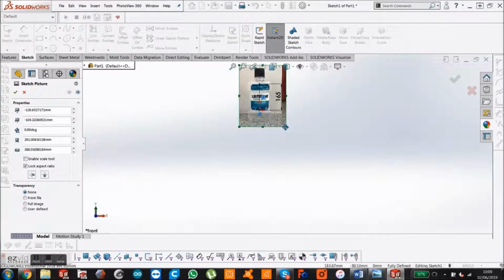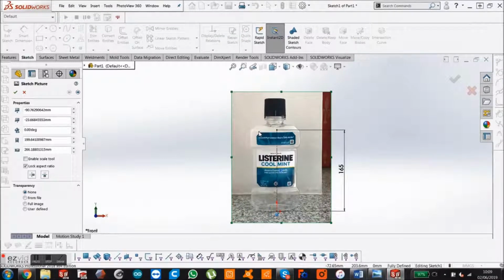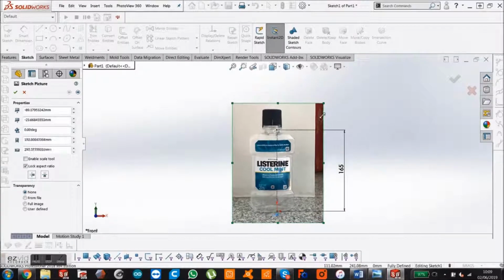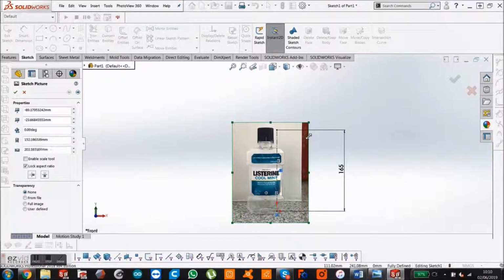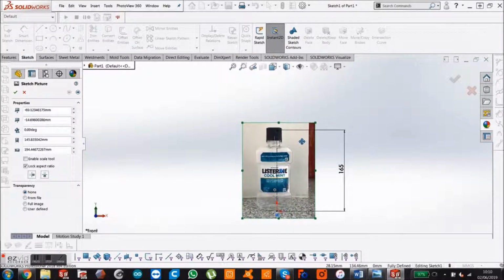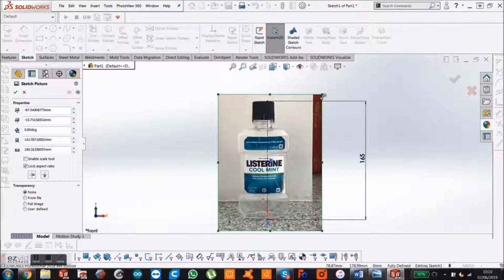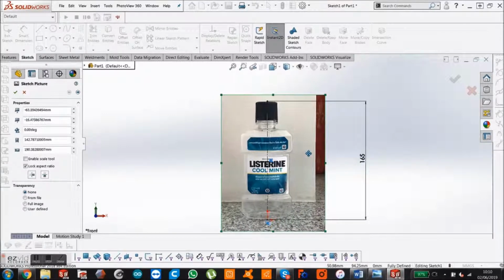Now if I line up my bottle about center, so that's about right. So center it, and we're going to go to full image and make it partly transparent, because it just sort of helps when you're sketching over. So we say OK,